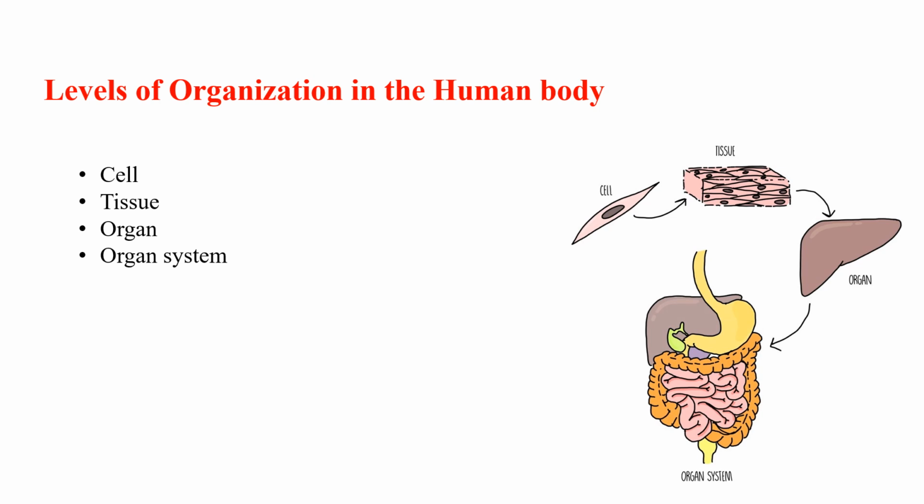The body is organized into levels, with each level being formed by the levels below it. To put it another way, the cells are the building blocks of the body. Cells come together to make tissues, tissues come together to make organs, organs come together to make systems. The body as a whole is made up of various body systems. The illustration on screen shows how the body is organized. It starts with the cell on the upper left hand side and follows the arrows counterclockwise to demonstrate the body's organization.